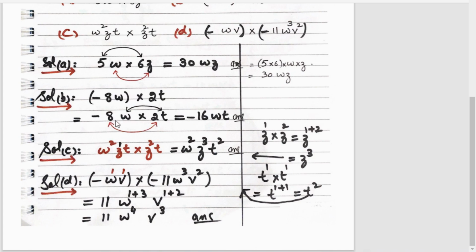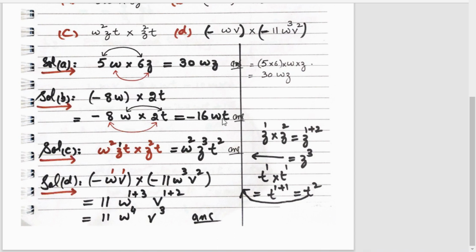Minus 8W, out of these, now there are 3 terms, minus 8W. Minus means minus 1 actually. So minus 8W multiplied by 2T. First of all, we will look at the sign. There is a plus sign with 2T. So plus multiplied by minus sign will give you minus. As I have told you about multiplication, when we multiply plus sign with negative sign, we get negative or minus sign. 8 2s are 16, and WT